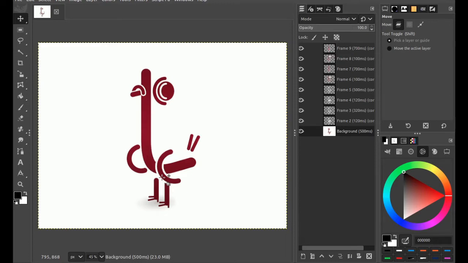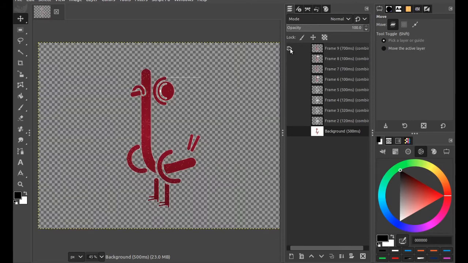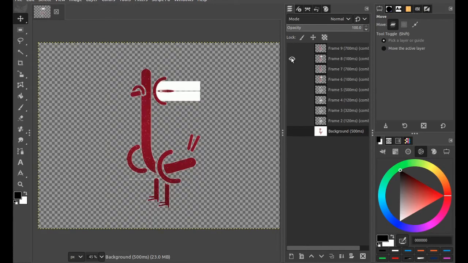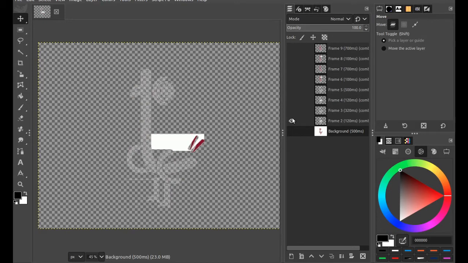So I'll be demonstrating what I mean by having to duplicate the layer into each of the other layers. But before I do that, if you're already using a GIF that was optimized for being a GIF, then it might have transparency on some of these layers. I'm holding down Shift and clicking on the eye icon so we can only see that layer. As you can see, they each have a bit of alpha,